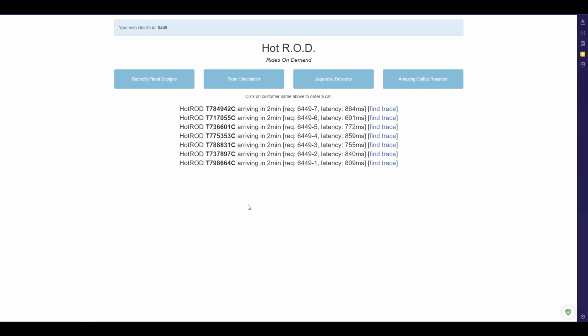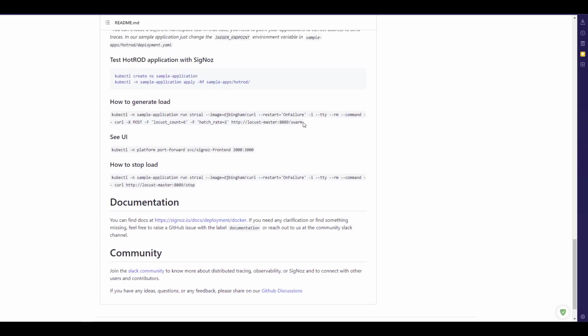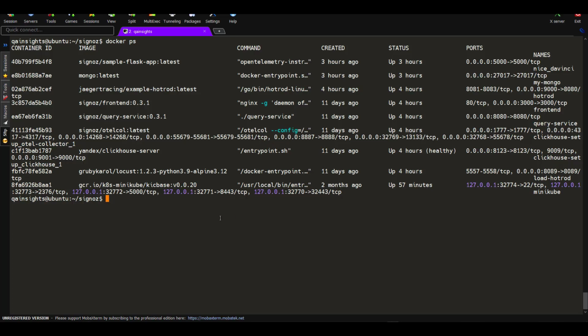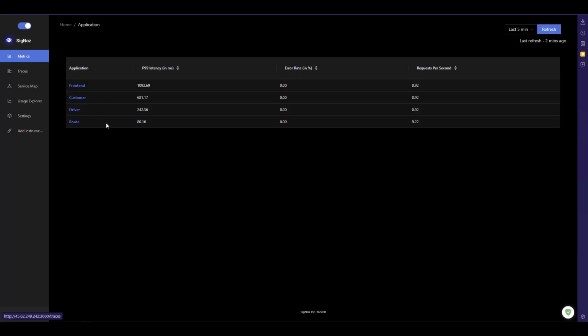But we are not going to do something manual. We are going to leverage Locust. Let me go to the GitHub repository here, and if you scroll down to the end, you can see this particular command. I'm going to copy this and go to the terminal. Let me clear my screen and hit the pod. This will inject a hatch rate of 2 and make use of the swarming mode, and it will just start attacking the hosts. So now we should see some traffic. Here, if you just hit refresh, we can see some requests coming in right now.